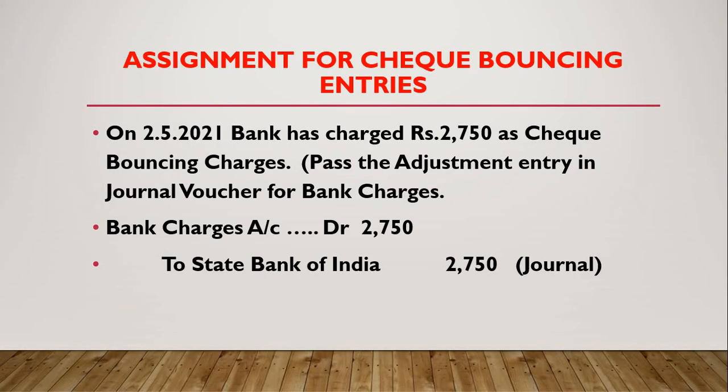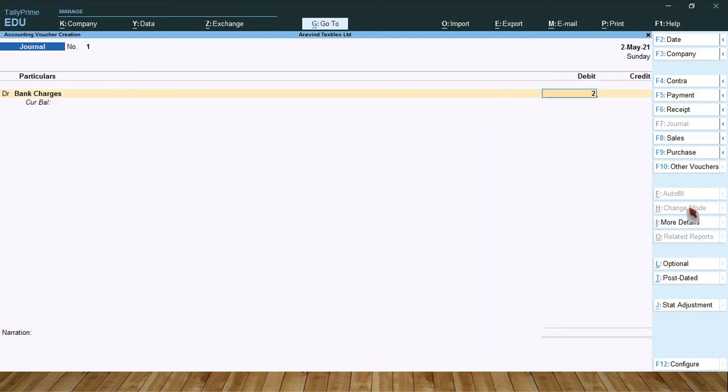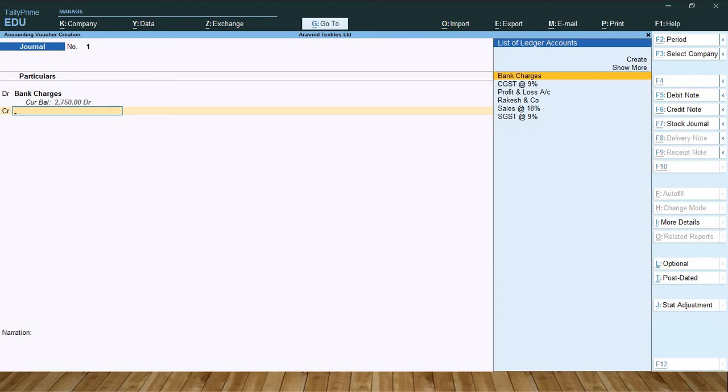So next entry. On 2nd May 2021, the bank has charged rupees 2,750 as check bouncing charges. Pass an adjustment entry in journal voucher. So press F7 for journal voucher. Debit to bank charges 2,750. So credit to State Bank of India.